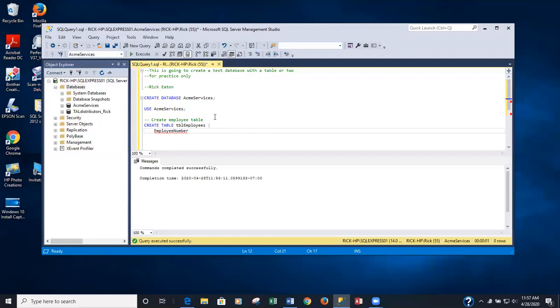And I'm going to put in a tab and type in char. And in parentheses, I'm going to guess at how long of an employee number I want to use. I certainly don't want to use a big, long number. I don't want to use 256 characters for an employee number. I want to limit it to something smaller. I'm going to just say 10 for now. And then a right parenthesis. And I want this to be a primary key, so I'm going to type in primary key. And I'm done with that